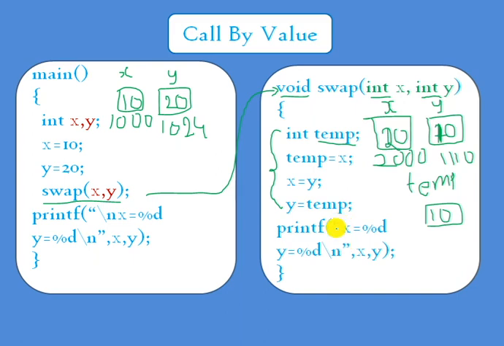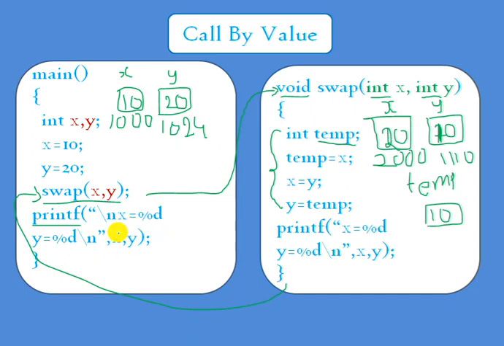If you try to print x and y, x equal to 20 and y equal to 10. So the values are interchanged. After executing this function, wherever the function call was made, it returns to that point. So after calling the swap function, this code will be executed and you will get the print statement, and then it comes back here. Then the next statement, printf, will execute.